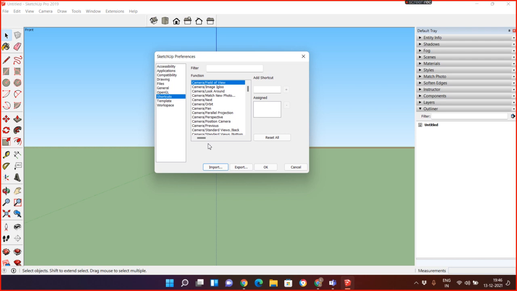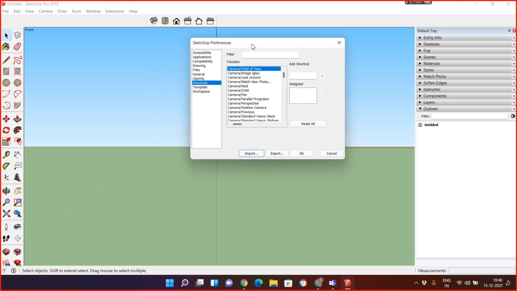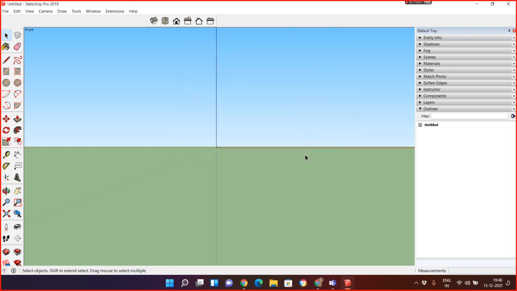Yeah, sure. Sometimes what happens is you are working on your home PC and you have already defined some shortcuts. For orbit it is already defined. I defined perspective as Shift P, and parallel as Control Shift P. And when I go to my office, I want the same settings on my office system also.